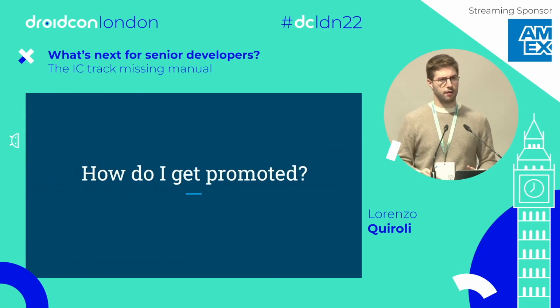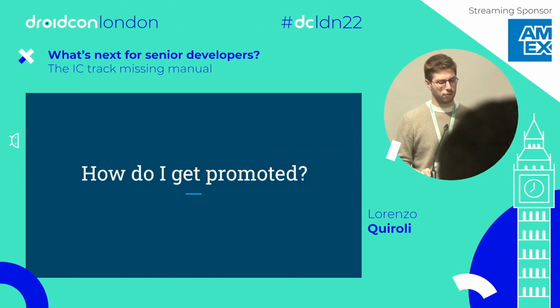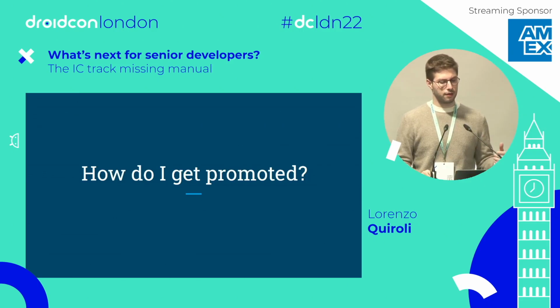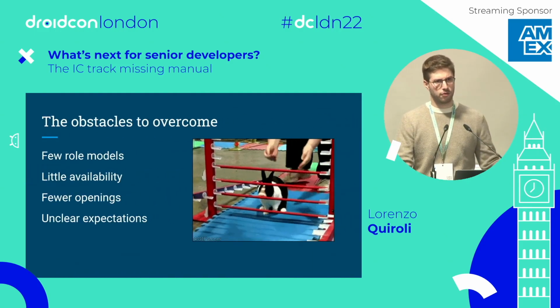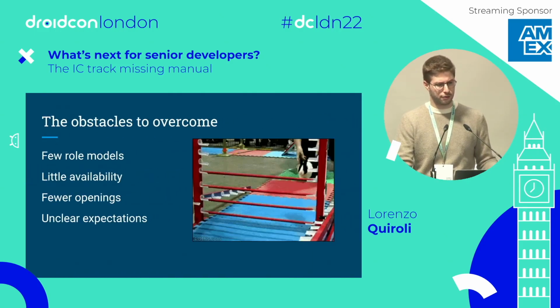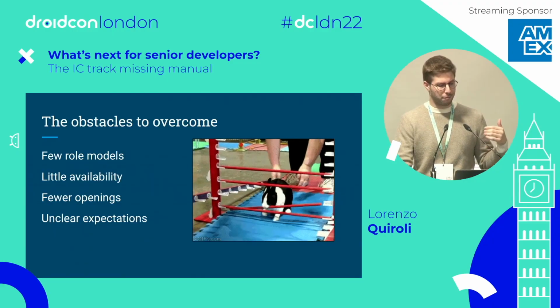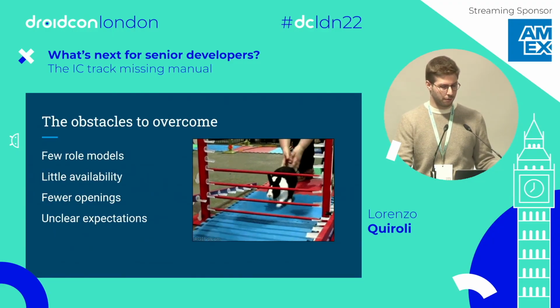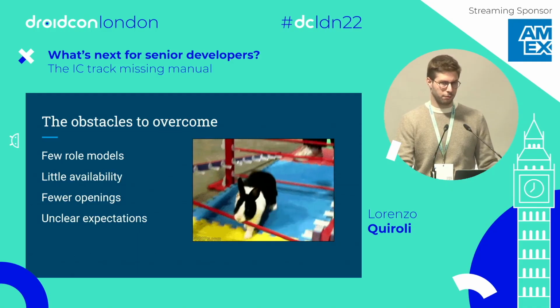So the question I hear most often from senior engineers, and this one definitely resonates with me as well, is how do I get promoted? I think I've been in the same situation of wondering what's next in my career and being in a place where I couldn't really decode the set of behavior and knowledge that I had to obtain to advance. And the truth is, it's not really easy. It's pretty hard, so don't be hard on yourself. There's a bunch of obstacles you will have to overcome, and you need to know which these obstacles are.